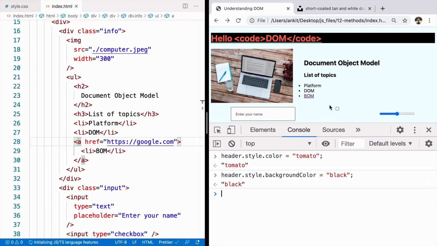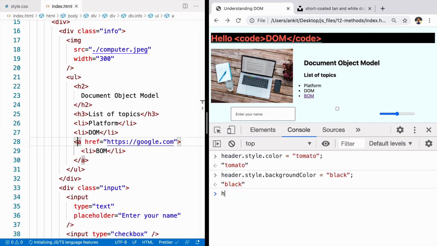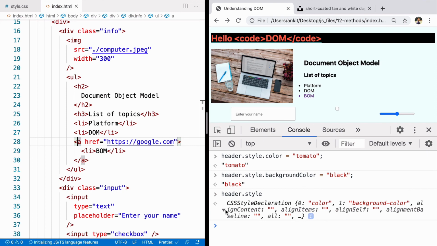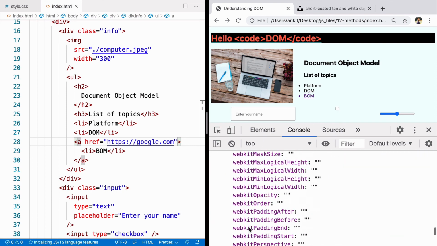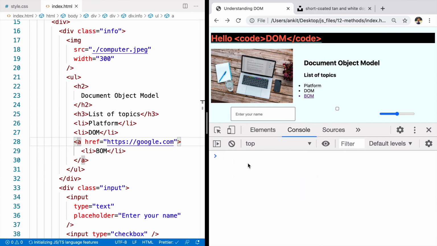And when we do that, the style of header got changed, now with a black background. If we just check header.style, we'll get a huge object with all the properties that we can see. And you can set any property that you want. You can play around with other elements. So using the style property, you can update the style of any element using JavaScript.